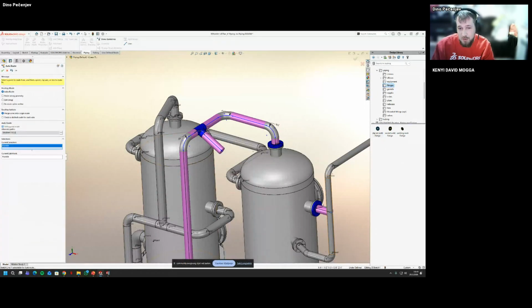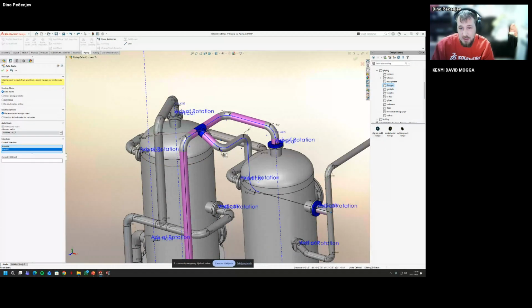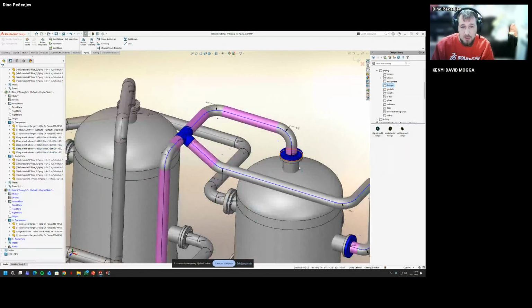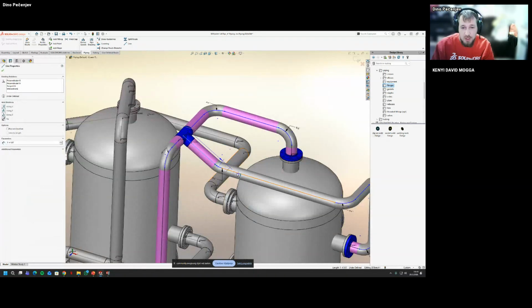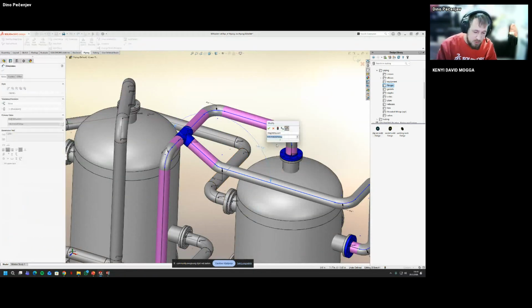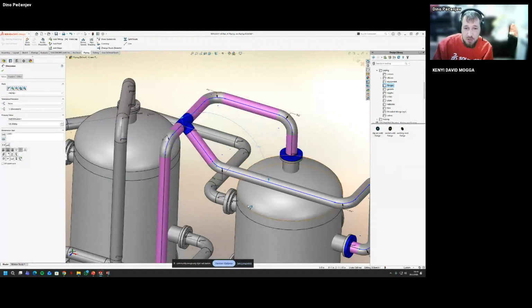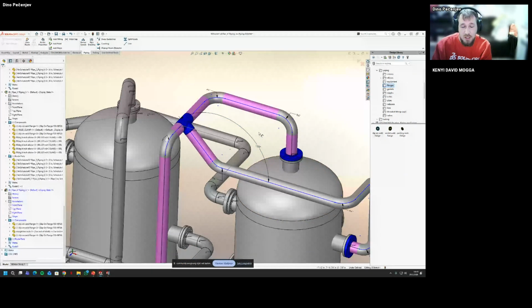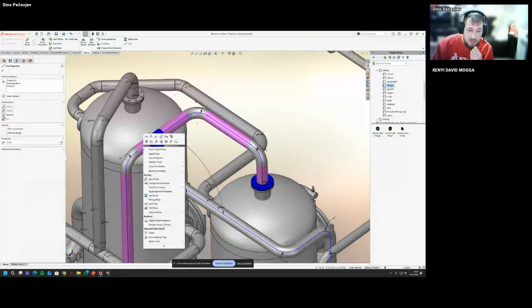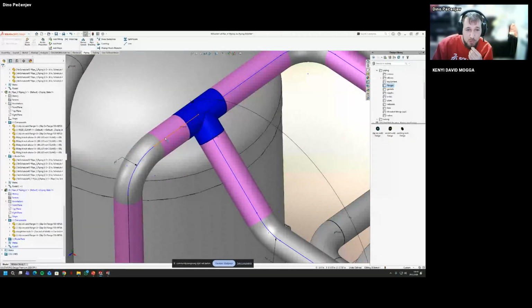So auto route, we're going to complete this, and we can take this. It's all right. So I can just simply put the desired angle I need. So I have a 45-degree angle here. And this part, instead of deleting and everything, I'm just going to say where I want to remove the pipe.